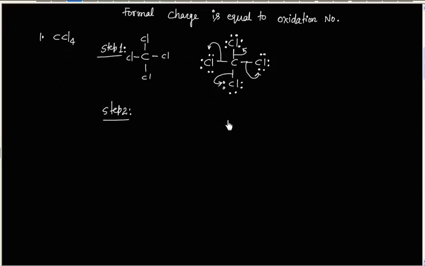Now we can write, so we have 4 chlorine atoms. Now each chlorine will have 8 electrons. So initially we have 6 electrons, 2, 4, 6, and 2 more electrons are coming from this bond pair. So it will have 6 electrons plus 2 more, that is 8 electrons. So each chlorine atom will have 8 electrons. Carbon will have no electrons.